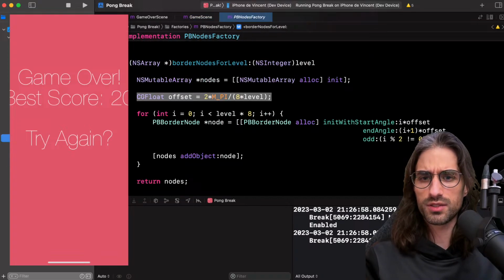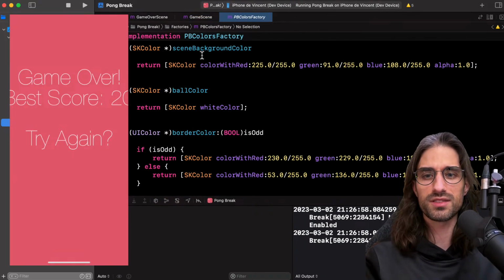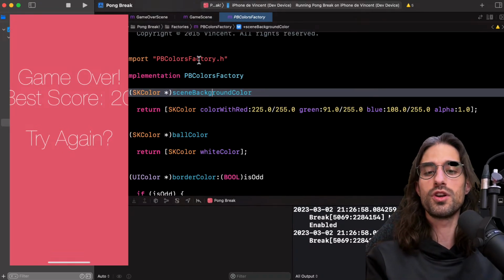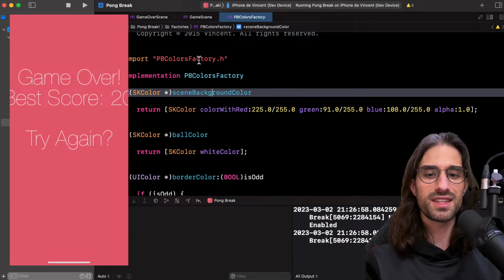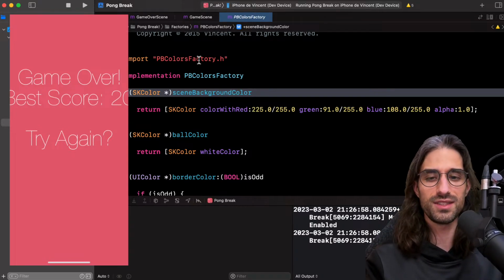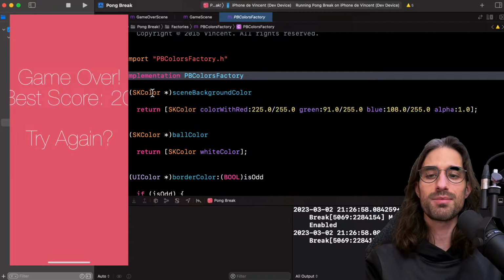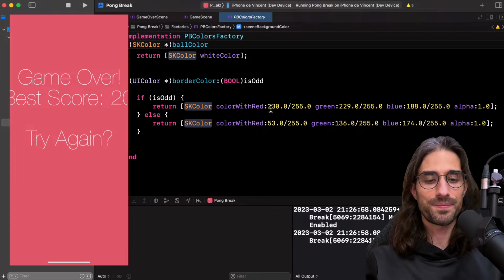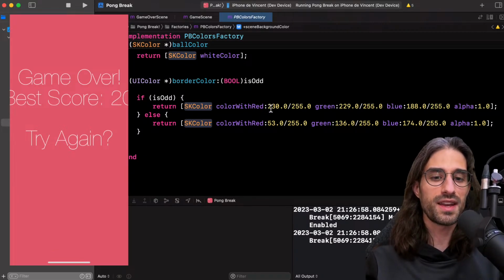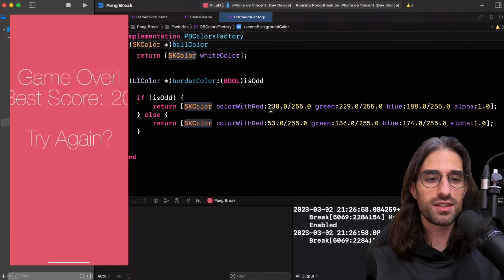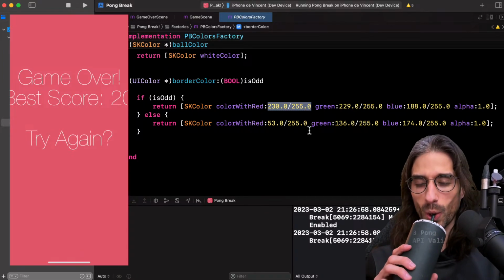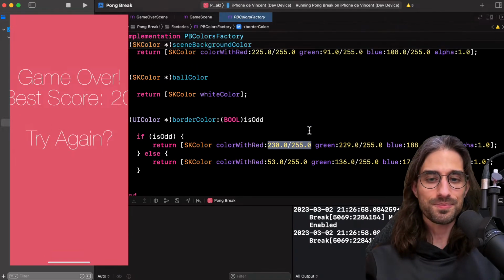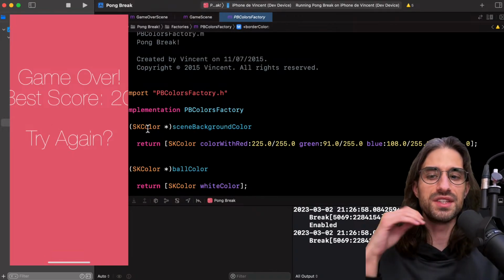So we saw the scenes, we saw the nodes factory, we saw the colors factory. So like scene background. Oh yeah, that's something people used to do a lot, because we didn't have enums with constants like we can have in Swift nowadays. You would create a type with static methods that would return a color like this. And by default, there was no init to deal with a hexadecimal like hashtag FFFFFF, that kind of thing. So you would need to compute the amount of red, green, and blue like that. That part, when I see it, it does feel very old.